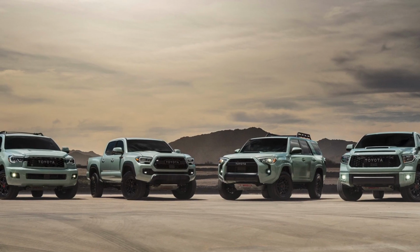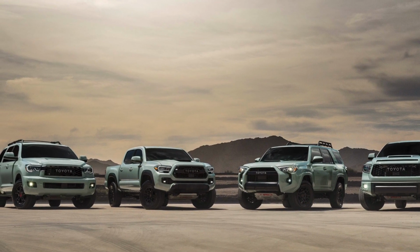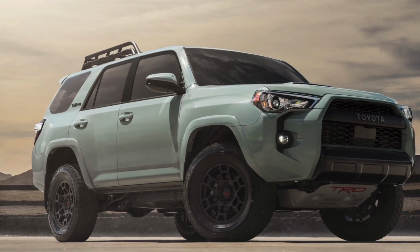Toyota has taken the covers off the 2021 Tundra, Tacoma, 4Runner, and Sequoia TRD Pro lineup, and the big change you're going to notice first is the new Lunar Rock color, which replaces the army green I like so much from 2020. I actually took a Tundra TRD Pro out hunting last year and did not want to give that truck back. Beyond the new Lunar Rock paint, there are some other changes worth looking into, specifically on the 4Runner